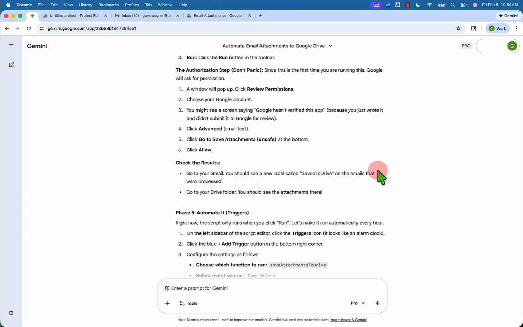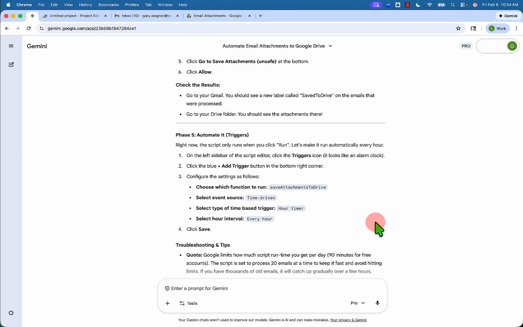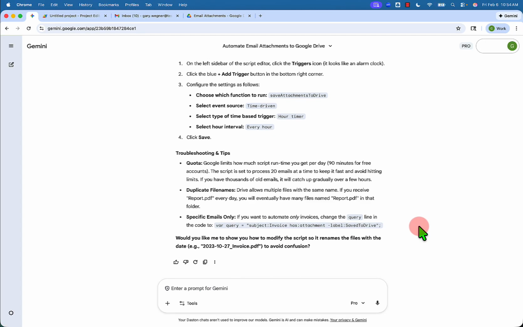Now here's another piece. It needs the trigger, by adding the trigger to make this happen. How often do you want this to occur? We could say every hour, maybe once a day, and it depends on what you want. Now another piece that is going to be here is you'll see that it says, would you like me to show how to modify the script so it renames the files with a date? So you can